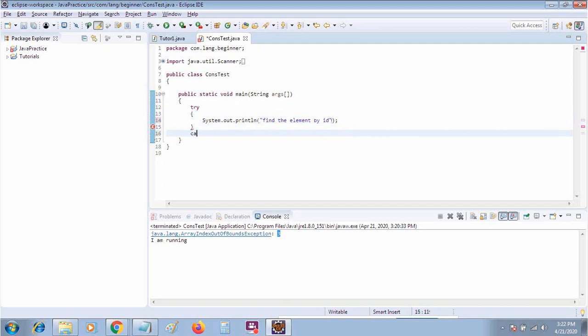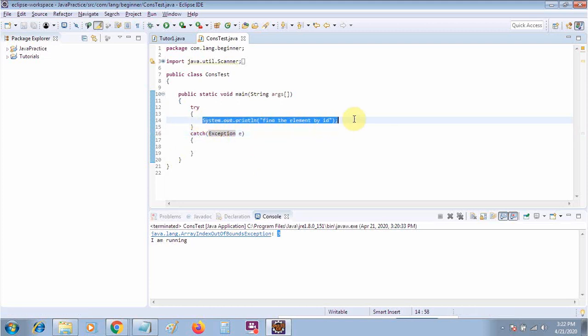If the element is not findable by the id, then I will use a new method, exception e. I will perform the task another way. If it is able to handle this one, then it's okay.